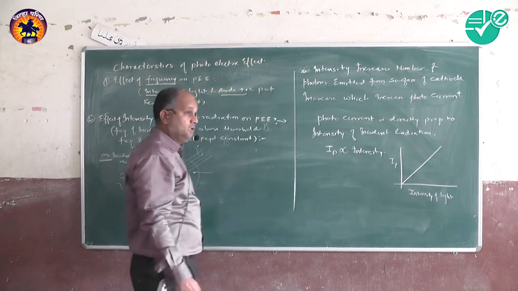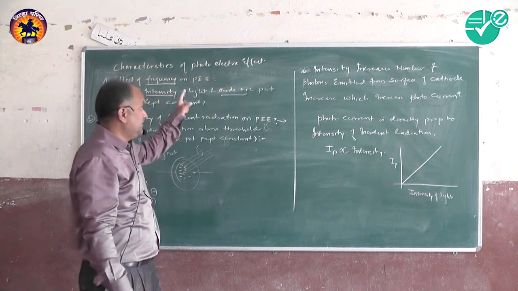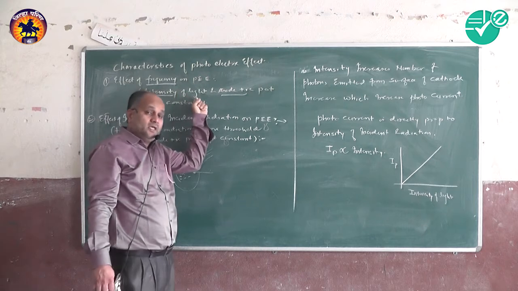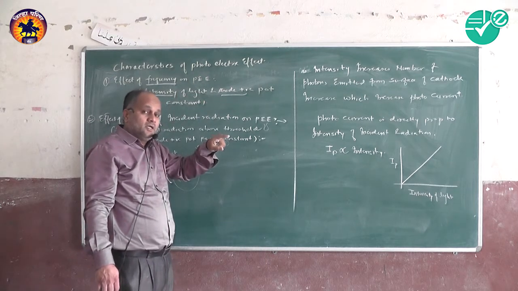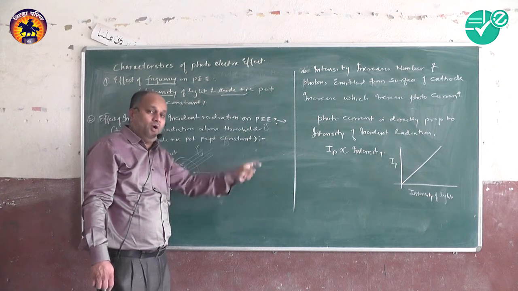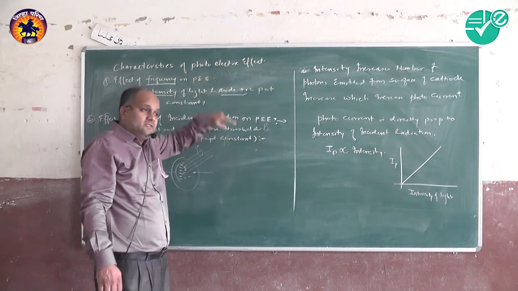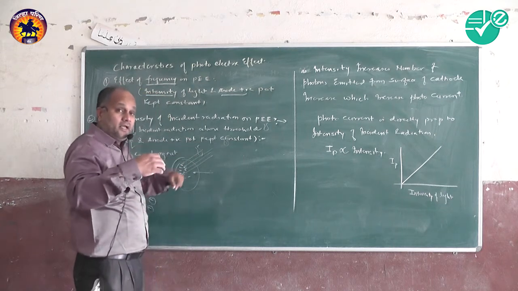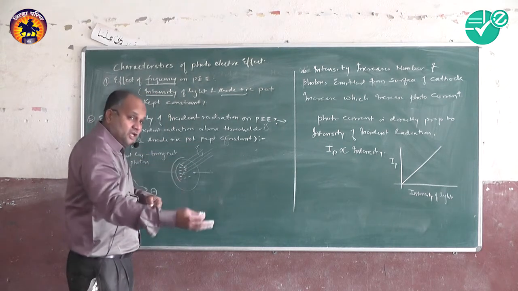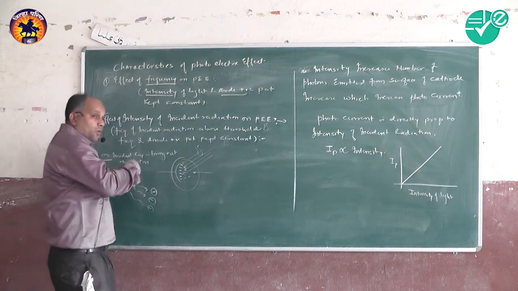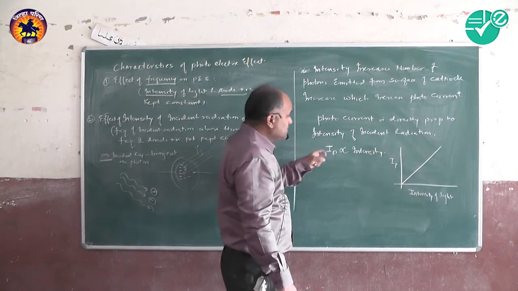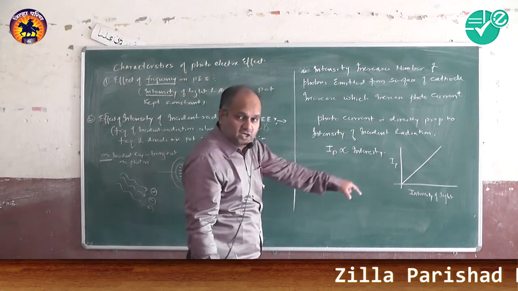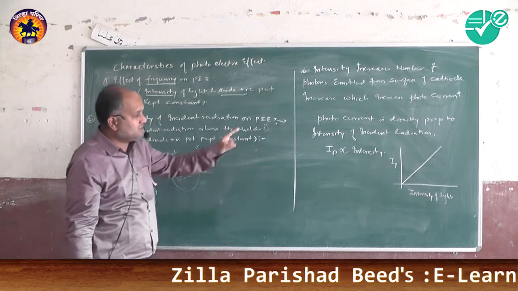Now listen carefully. You must understand the relationship between frequency and photocurrent. Frequency only decides whether the current will flow or not. If you increase the frequency above threshold frequency, the current will not change. Only the energy of the emitted electrons will change. But intensity will change the amount of current, because the number of electrons emitted is directly proportional to the intensity. You must remember this.